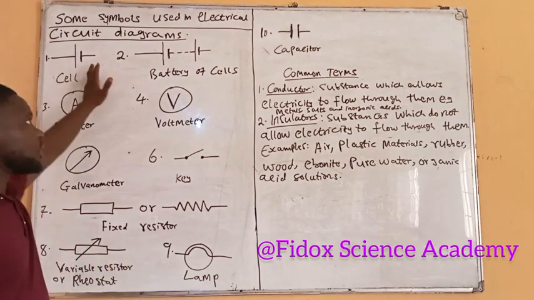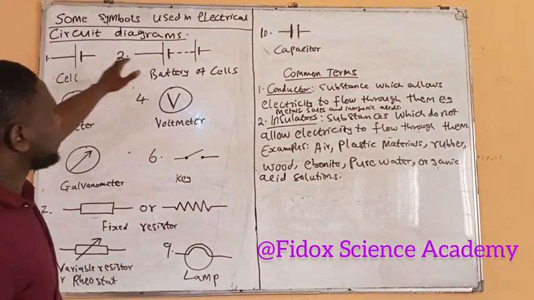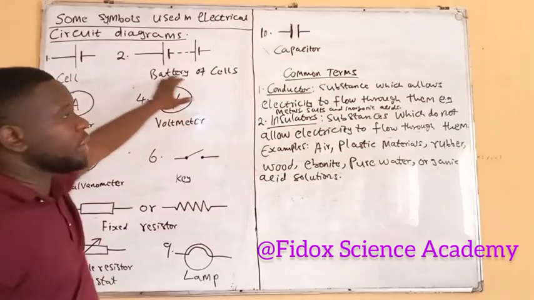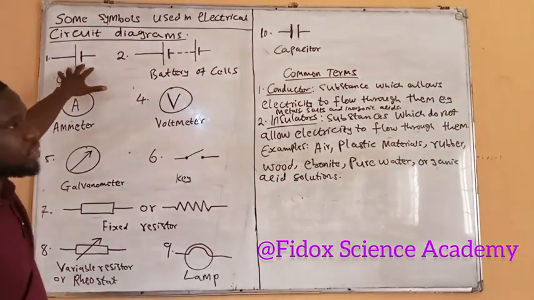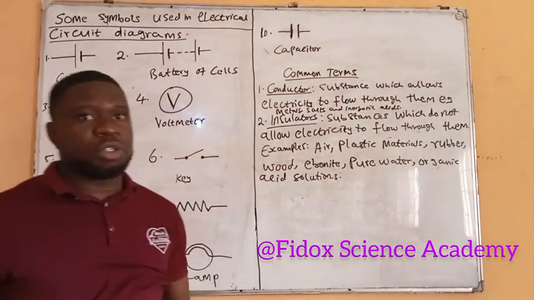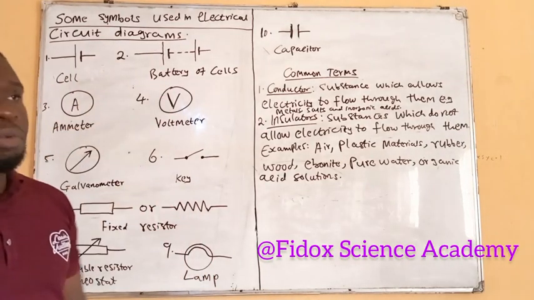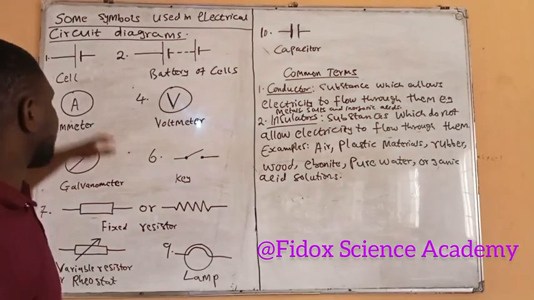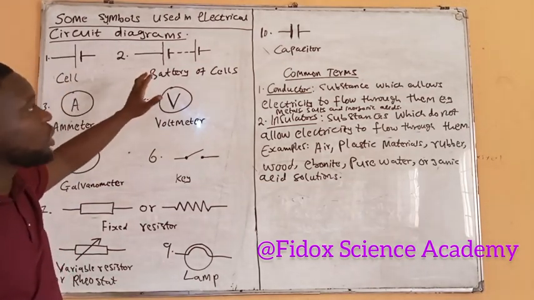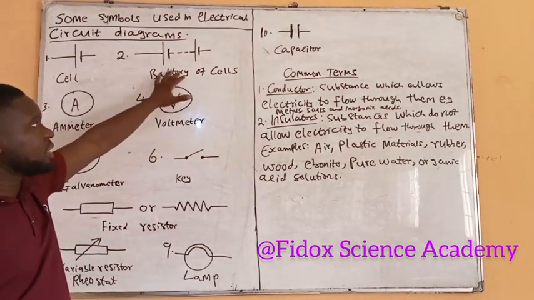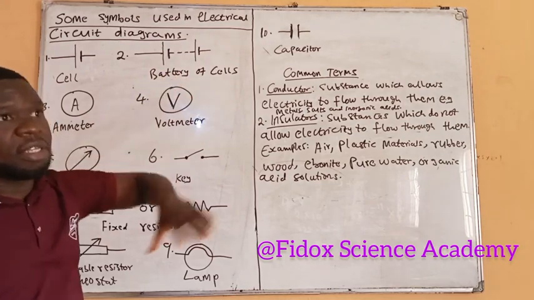Number one, we have the cell. Then we have a battery of cells. A cell is a source of energy in the circuit. Okay, a cell is where you generate energy that flows into the circuit, or you can say a source of electricity in the circuit. And then the difference between a cell and a battery is that a cell is